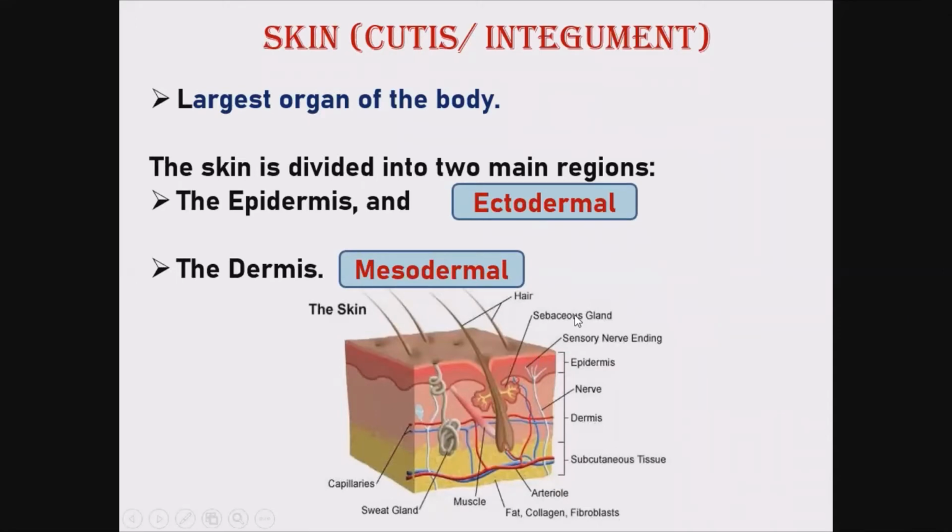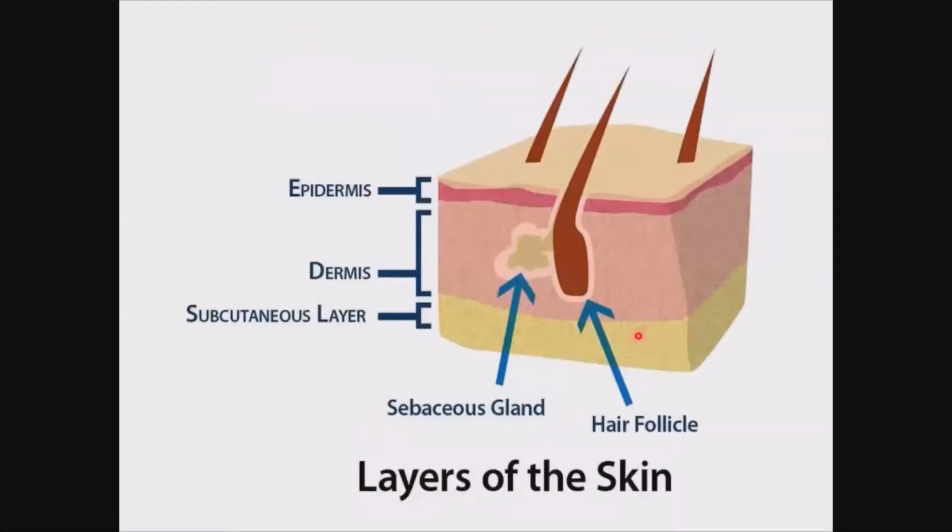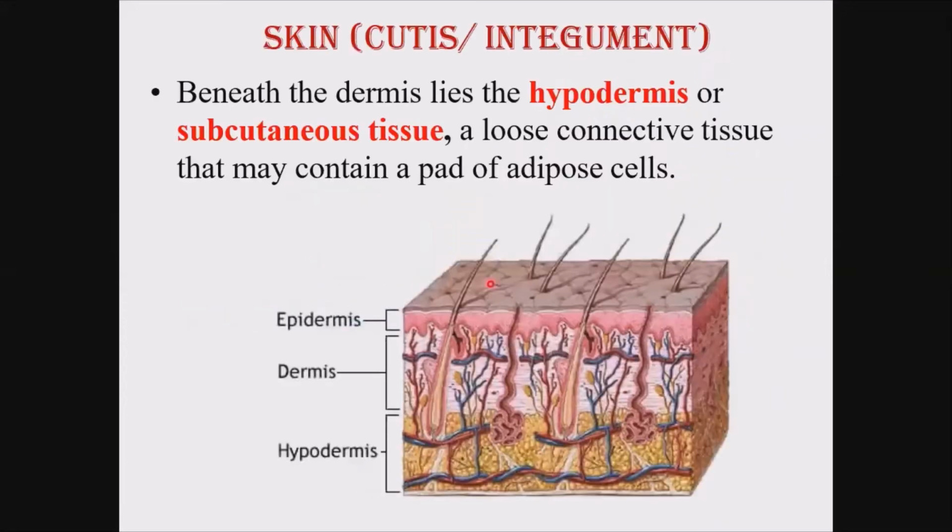We can see here the upper layer is called the epidermis, and the lower light stained area is the dermis, and this dermis is resting on another layer called the hypodermis or subcutaneous tissue. In this very simple diagram, we can make it clear. We have an epidermis which is darkly stained, and the dermis which is lightly stained. As we go down, it is more yellowish because of the presence of fatty tissue or adipocytes. That will be your subcutaneous layer, which is called the hypodermis.